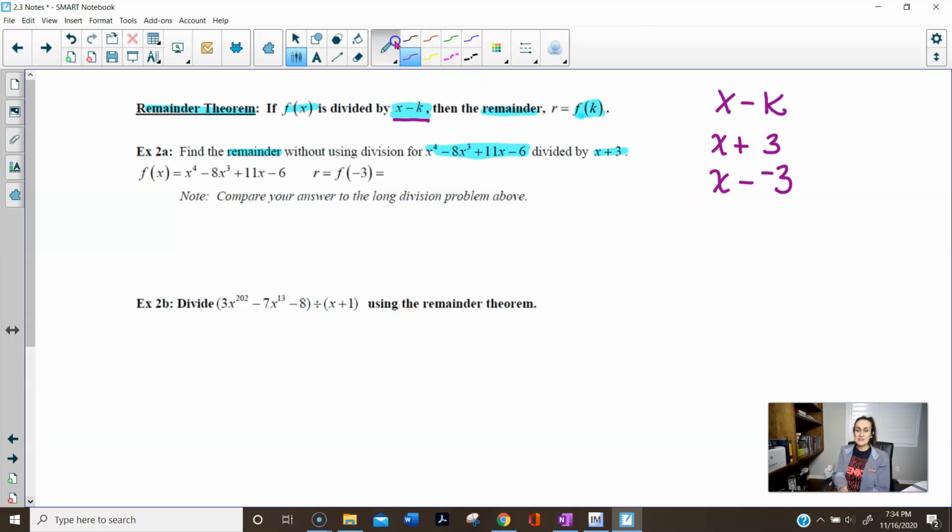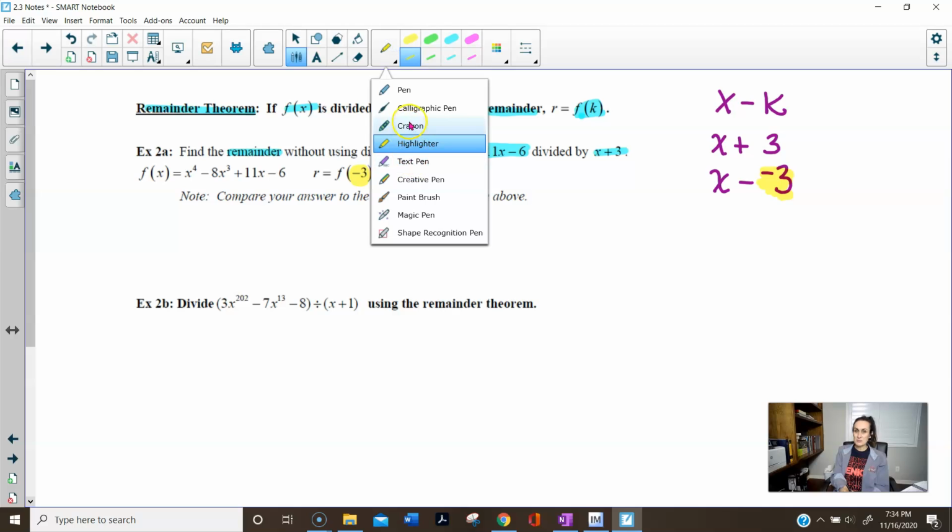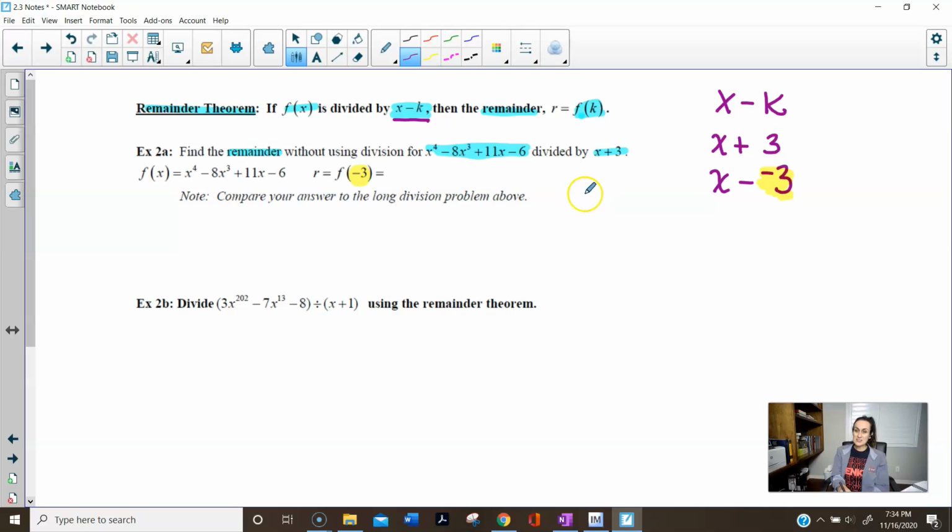And so now you can see that my k is going to be -3, right? So k is -3, and so we're going to find f of -3, all right? And so what we'll do is we'll take the polynomial function, and everywhere I see an x, I'm going to put in -3. And this is going to give me the remainder if I were to divide x plus 3